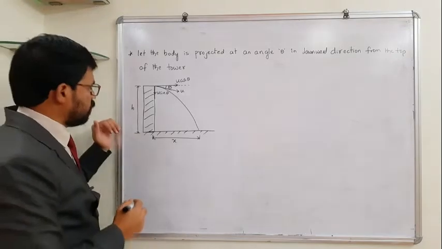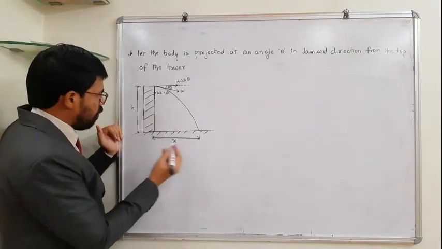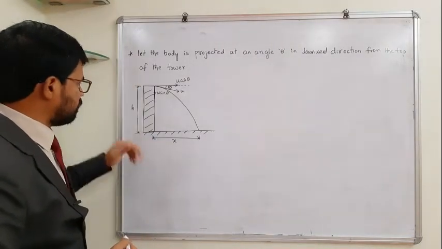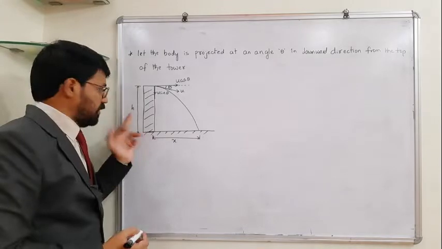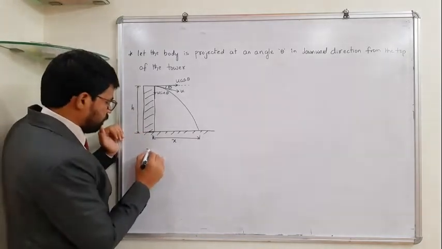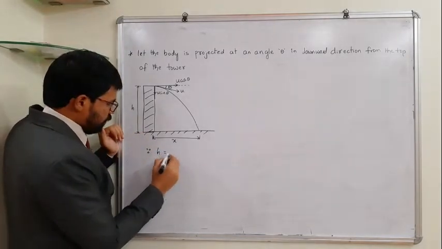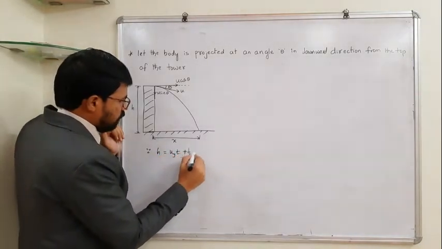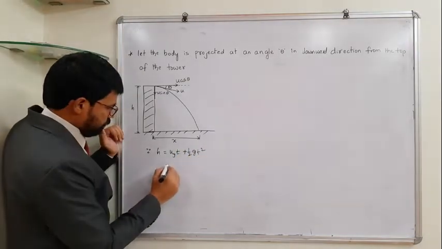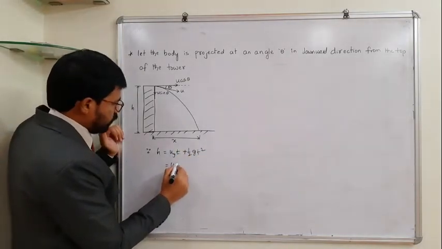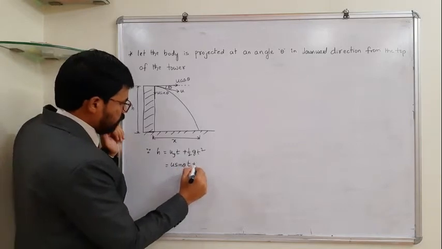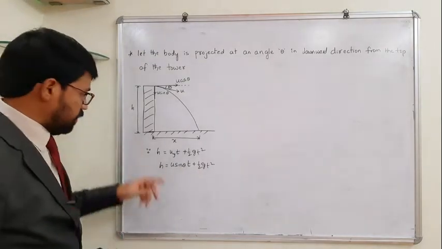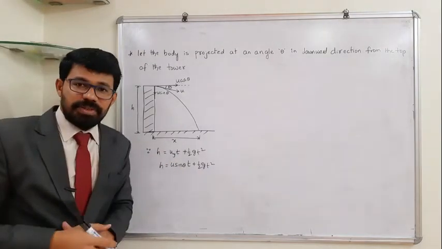Okay, so let us try to explore one by one. First of all, let us try to find out the time of flight. To find out the time of flight, I am going to make use of the vertical displacement. Vertical displacement, again, how much is that? H, isn't it? Since H is equal to uy t plus half g t square. Therefore, uy is what? u sine theta into t plus half g t square is equal to h. So, using this equation, you can find out the time of flight.